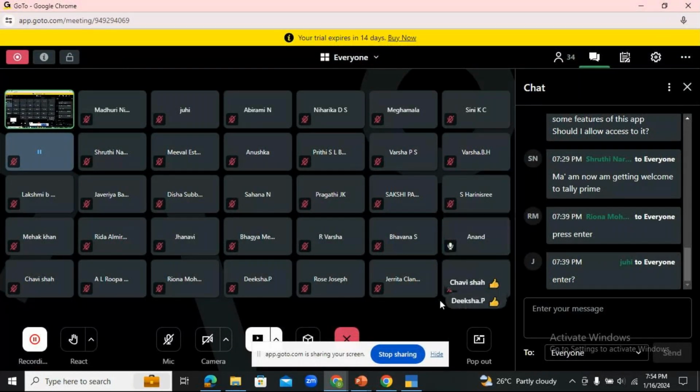Very good. So today we have created the company in this first session of Tally. Now we are going to quit. We have come to the end of your session. What all of you are going to do is close your TallyPrime software. But before I close, I would like to ask you, is it clear till now? Do you have clarity about whatever you have done so far? Good. Very good.